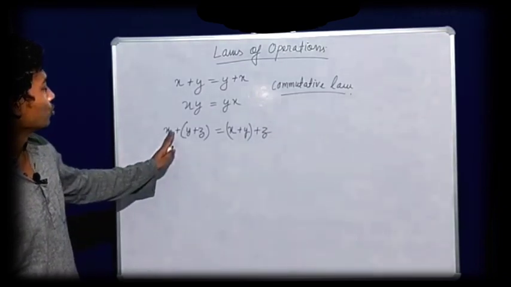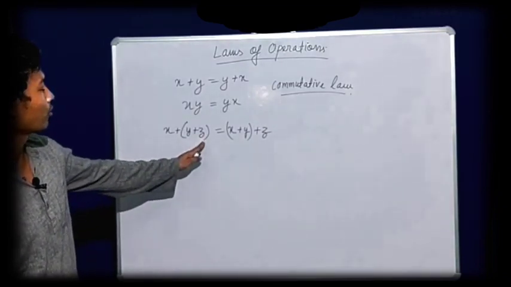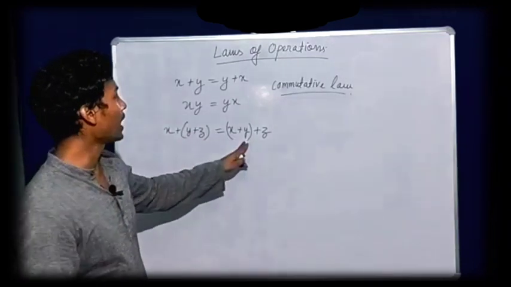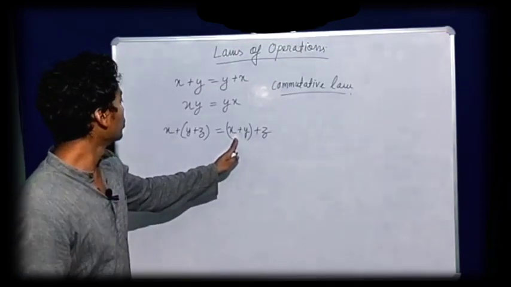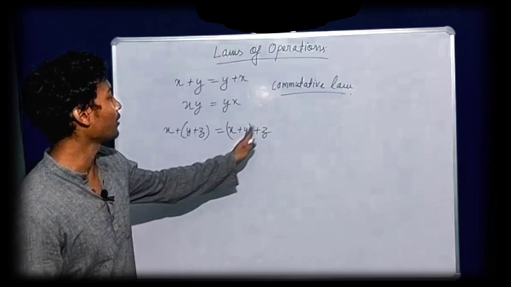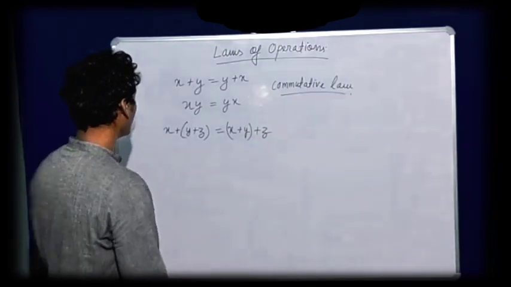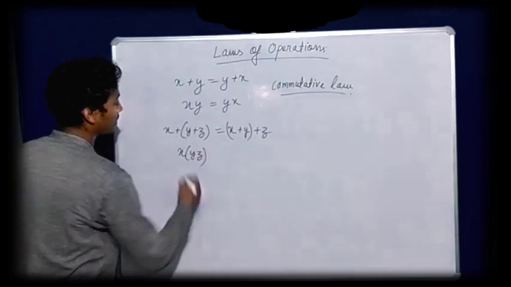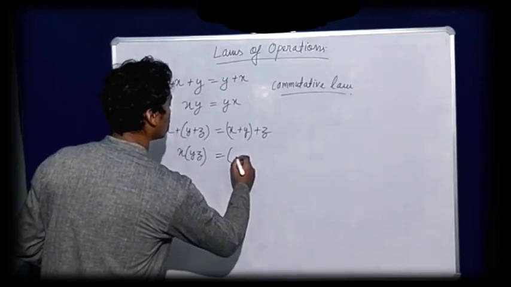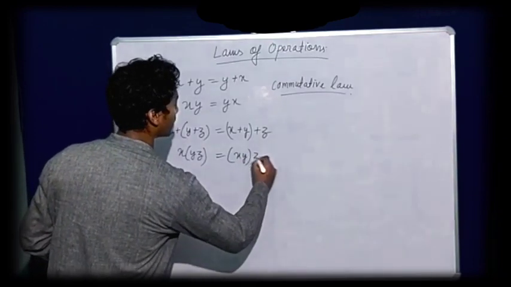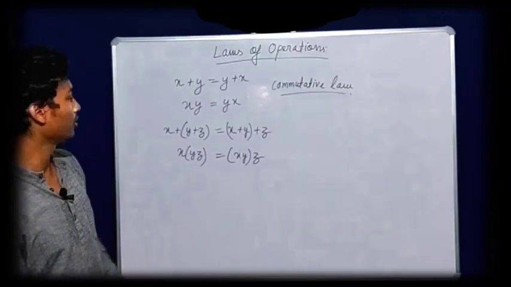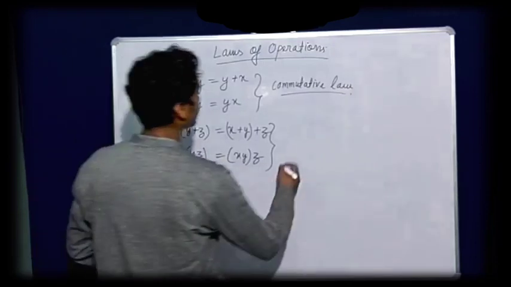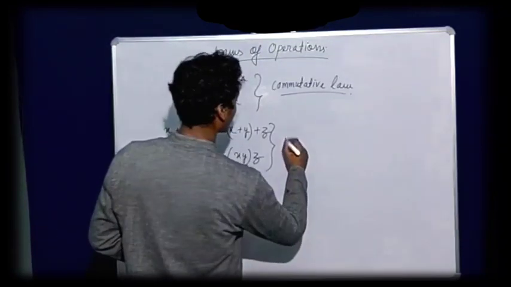If it is 2 and 3 and 5, so 5 plus 3 will give you 8, 8 plus 2 10. So here if I have to add x plus y first, so 2 plus 3 5, 5 plus 5 10, means the same thing. And in multiplication, let's see, so x multiplied by y times z, or we can do x times y first and then multiply by z, both means the same thing. So we can say that it is the associative law.